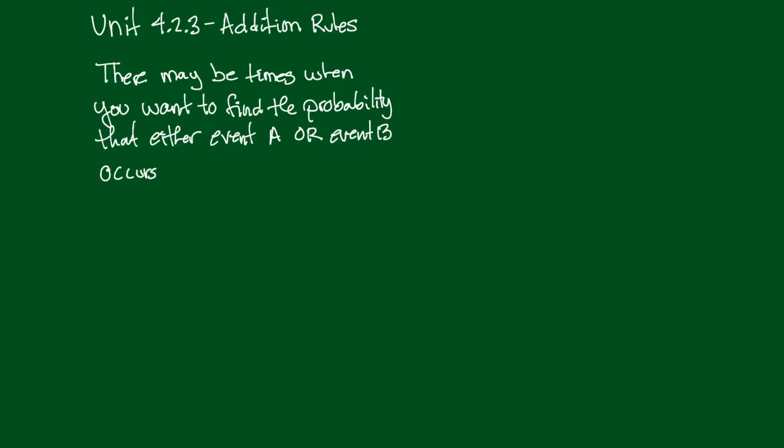Let's talk about the addition rules for probability. There may be times when you want to find the probability that either event A or event B occurs. In this case, you're going to use these rules here. The probability of A or B is the probability of A plus the probability of B. So you add up the individuals, but then what you have to do is subtract off